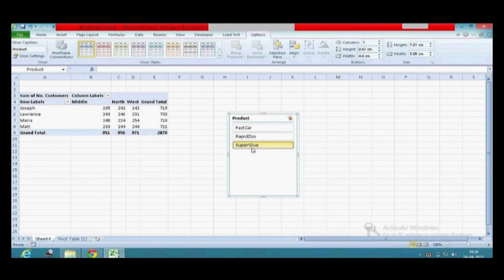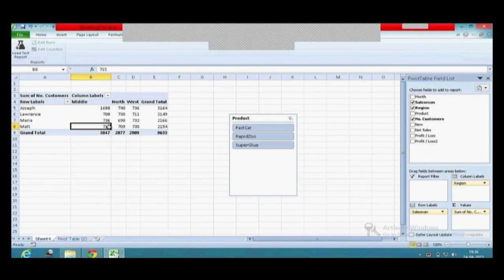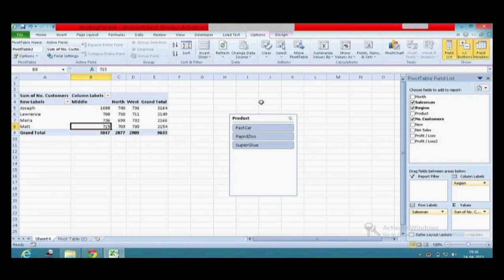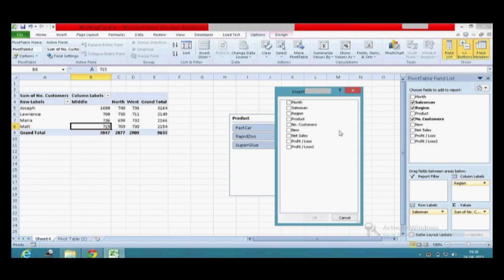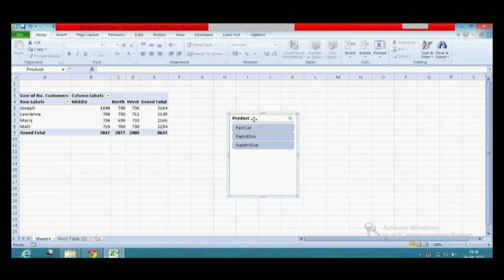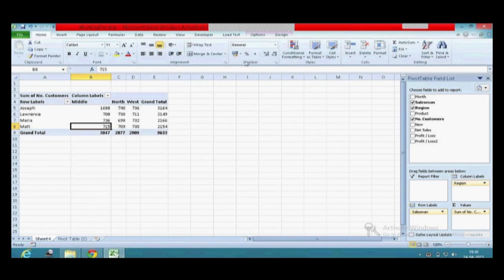Okay, somebody wants me to slow down, so I'm going to repeat the slicer option. So how do you do it? I just go inside my pivot table. I go to the options. I go to insert slicer and select the column that I want. First let me delete the slicer. I hit delete, it is gone. So now I go to options. I say insert slicer. It opens a window. In this window, I'm going to select product. And then I hit OK.